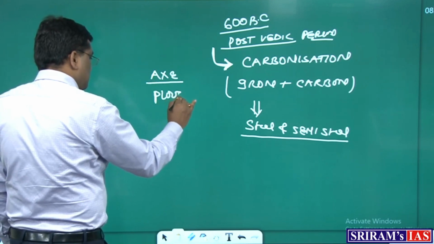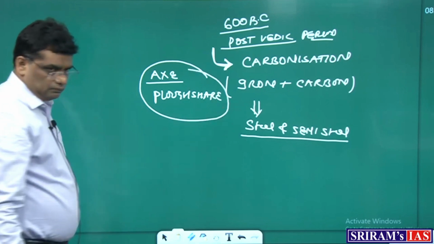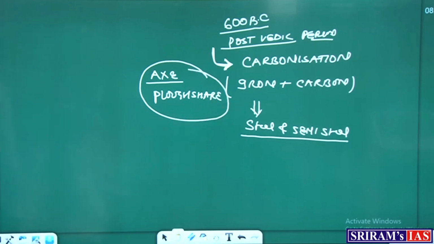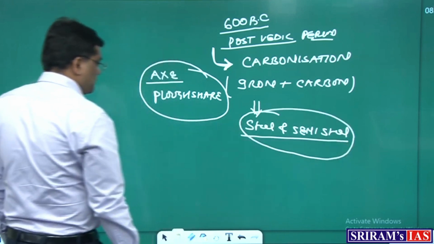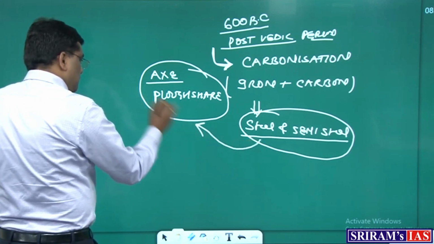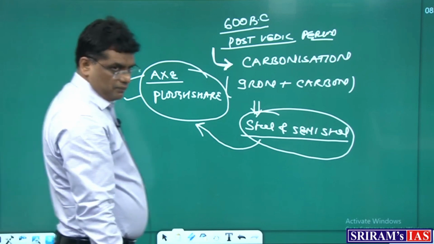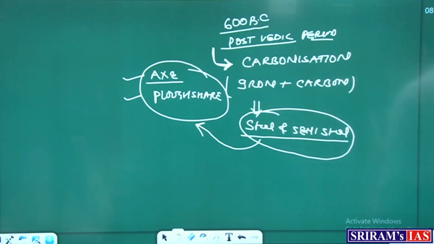And thereafter we could make axe or plowshare. So after the technique of carbonization, there was production of steel or semi-steel, and thereafter it could be used for making axes or plowshares. That became possible after a long time, not in the Vedic period but in the post-Vedic period. This is the reason why we don't have evidence of axes or plowshares in the entire India